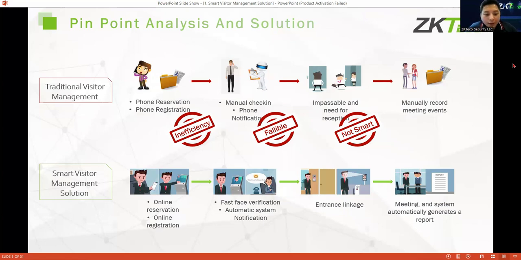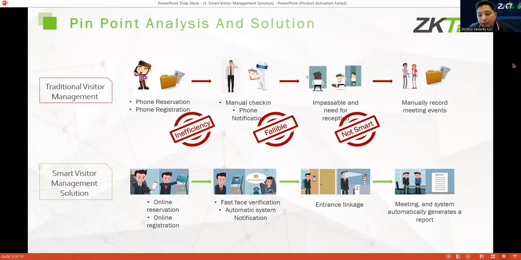We have online reservation and registration. Then we have fast-paced verification using our face kiosk, our access control devices, and our readers. We have the automatic system notification, which is used for visitors and also for the administrator who gives authorization for the visitor to come inside the building or the premises.